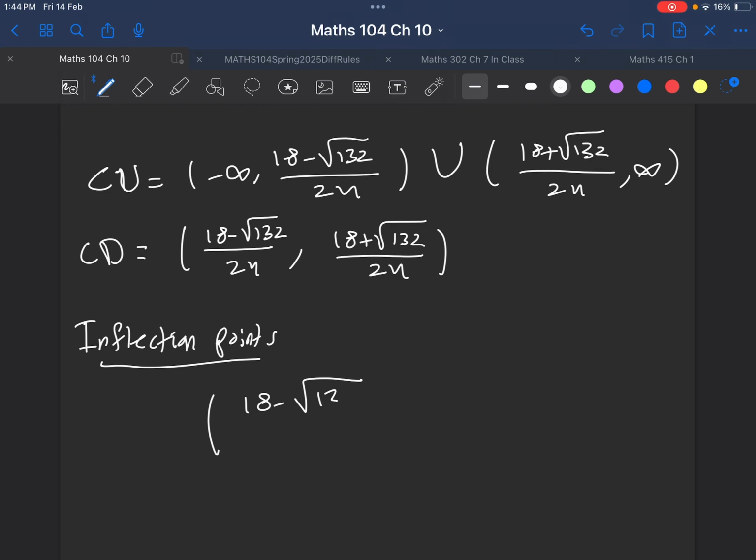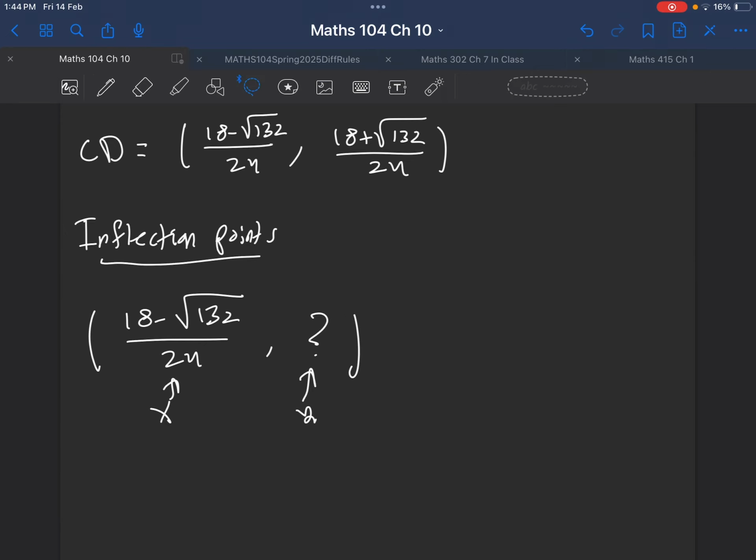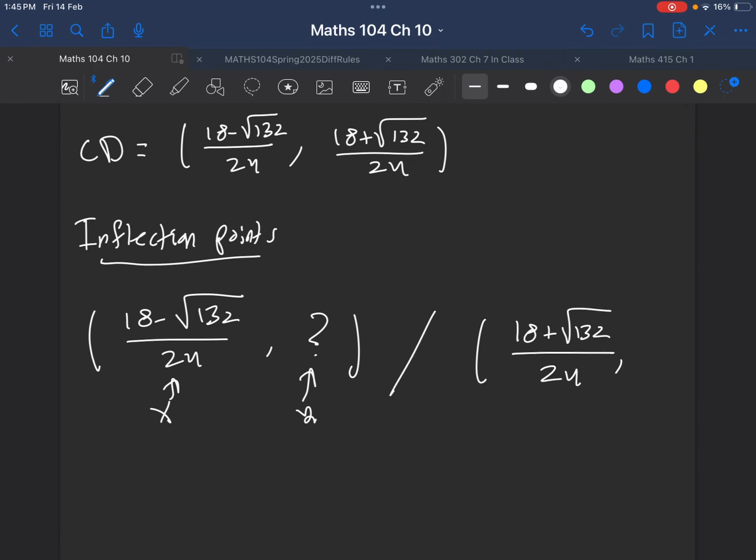which be exactly the following. What are the inflection points? It will be 18 minus square root 132 divided by 24. This is the value for x. All what you need is to use your calculator to find the value for the y. This is one inflection point. The second inflection point is 18 plus square root 132 divided by 24, and then find the value